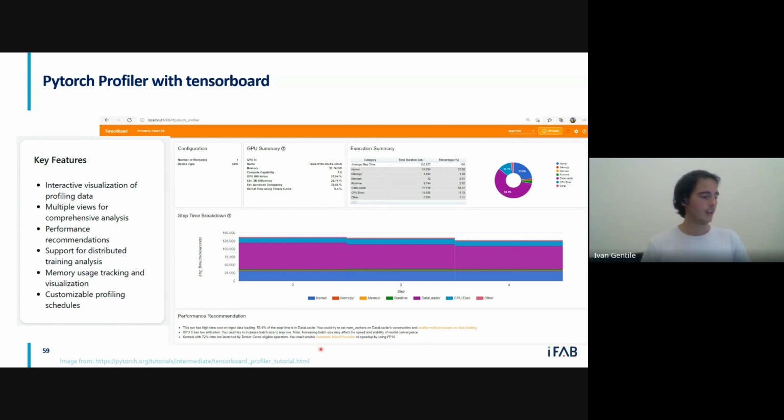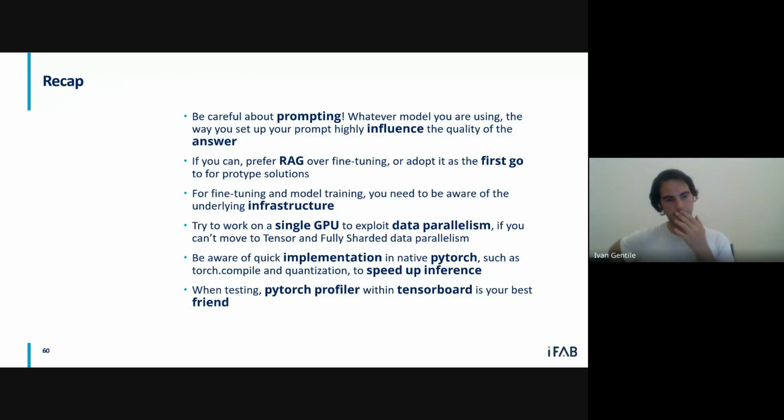Here, if you cannot read it, one thing it says is you could enable automatic mixed precision to speed up by using FP16. So it suggests some tactics you can implement to get better performance, and we recommend you check it out if you get interested in that.